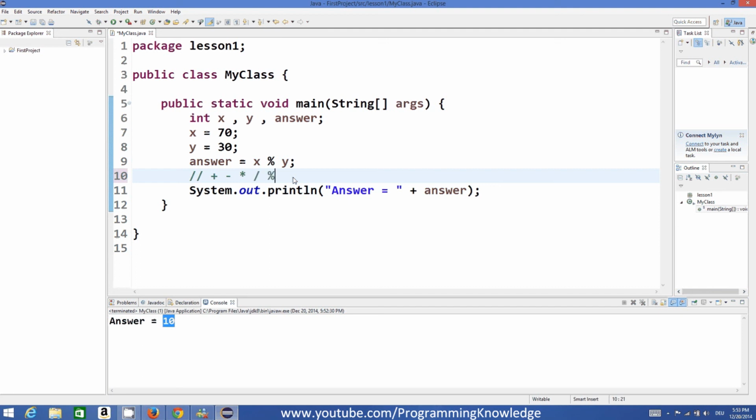Okay, so these are some of the math operators in Java. And we have also learned that when you use this plus in your println function argument, this will concatenate. Concatenation means joining two values, right? So this will concatenate your values as an answer.